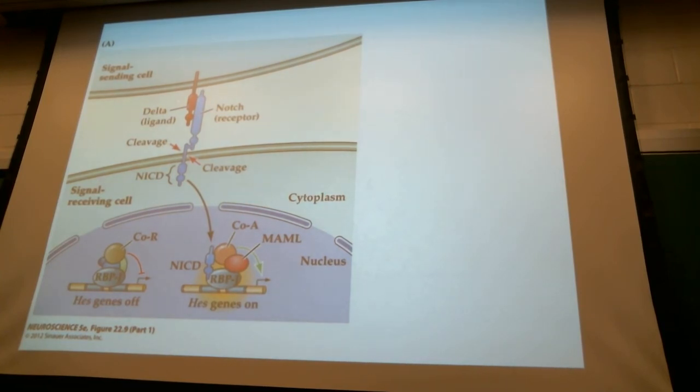And then when they interact with each other like that, it will induce cleavage of the Notch intracellular domain. And this intracellular domain will go to the nucleus and then bind and turn on the Hes gene. So the Hes gene